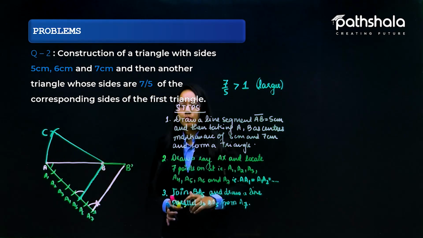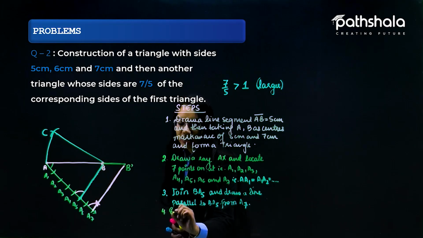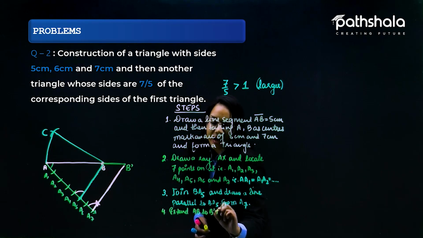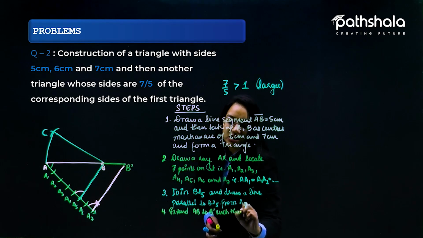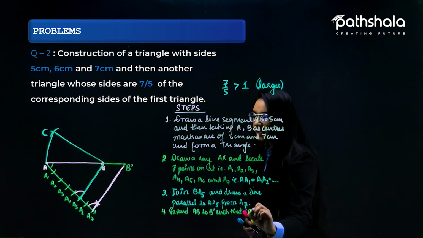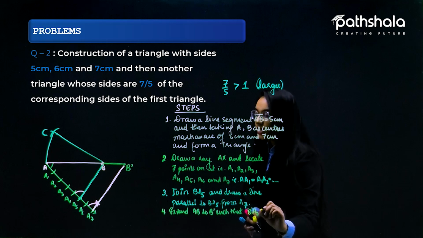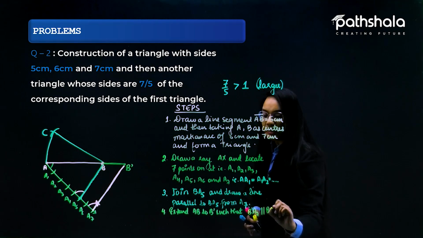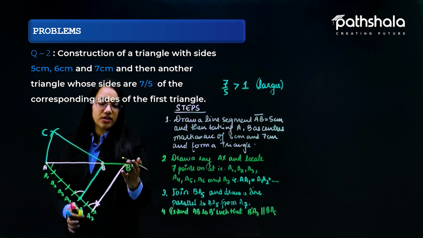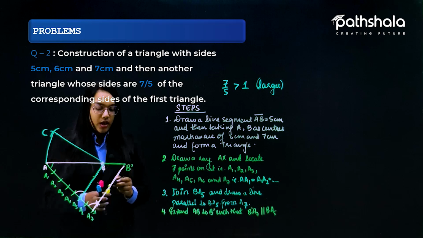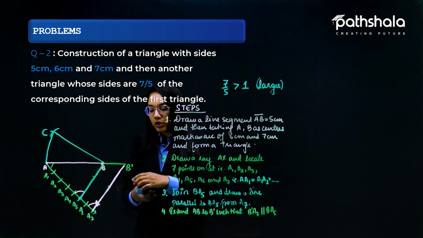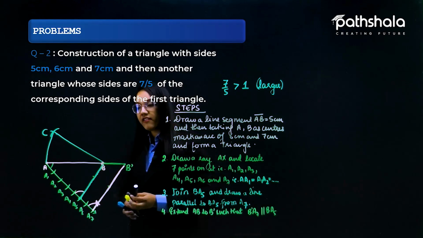So my fourth step would be to extend AB to B dash such that we will have B dash A7 parallel to BA5. We have to extend AB towards B dash in such a manner that this should come parallel to this one, and hence using this concept we are moving on toward step number 5,